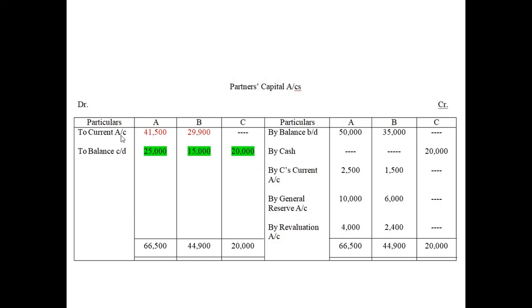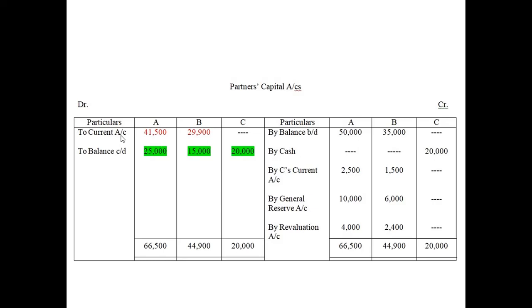Okay, but if the question is silent about this, how the capitals will be adjusted? Yeah, the capitals will be adjusted as per the capital of new partner, but how the adjustment will be made for the same? If the question is silent about this, then we have to pass the entries from cash. Okay, we have to make the cash adjustment here. Or if the cash is less, in this case we have the limited amount of cash, so you can pass it from current account also.